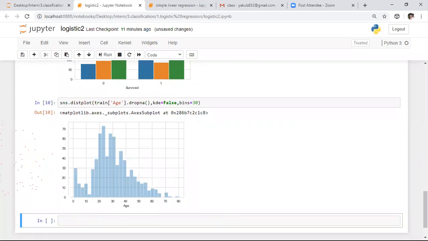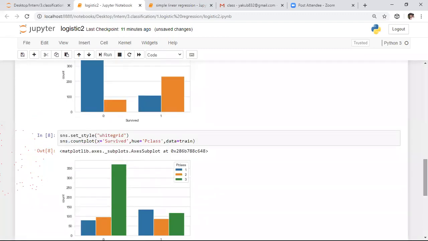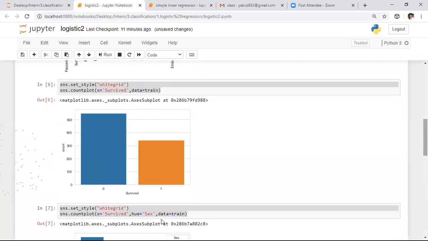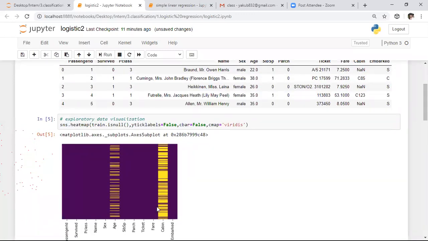Previously, when we visualized this data, we obtained the information that we have most of the missing values in the cabin column. To predict the outcome, whether the person survived or not, we need to omit this column. That means we need not consider this column, because we have a lot of missing values.